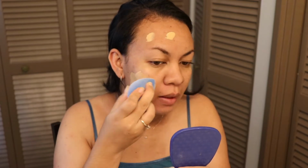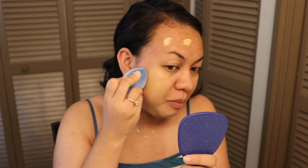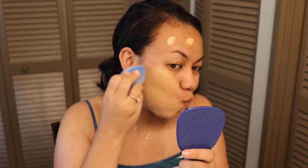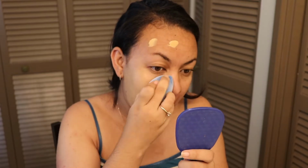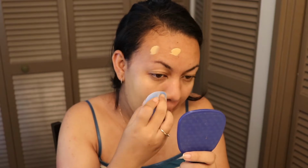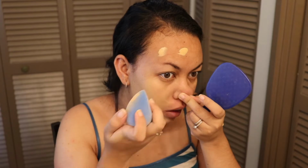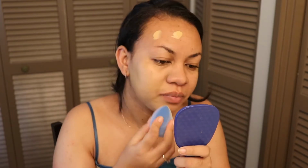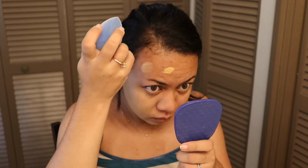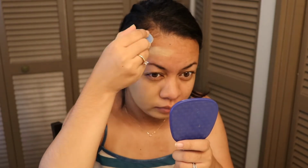Okay, first impression on the sponge. It does not soak up the product at all. So that means a little goes a long way. This is a microfiber sponge. If you guys don't know, this is the velvet sponge. It's a microfiber